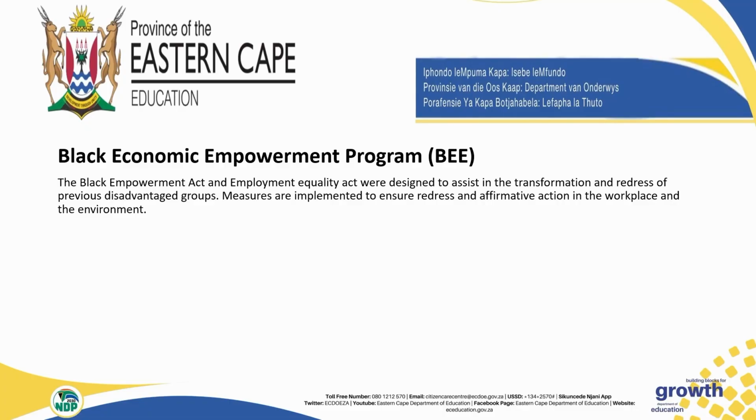Then we're going to the last slide, which is the last policy by the name of the Black Economic Empowerment Program, BEE. So BEE, the Black Empowerment Act, Employment Equity Act, was designed to assist in the transformation and redress of previously disadvantaged groups. So in South Africa, we are coming from the era of apartheid, where most black people were affected by the apartheid laws. So they designed this program to at least redress those problems where people who are black were previously disadvantaged in terms of positions, in terms of gender. There was discrimination in terms of gender,